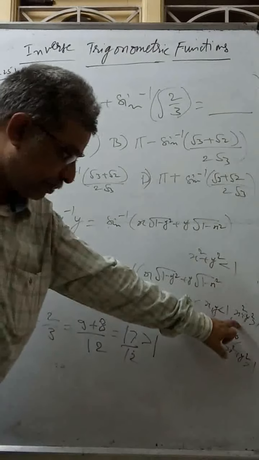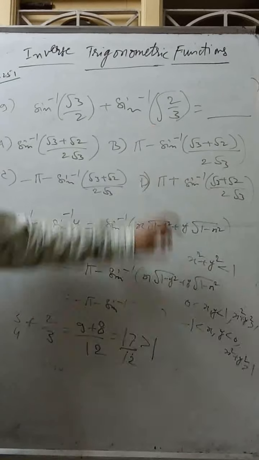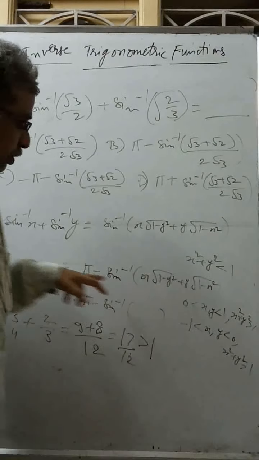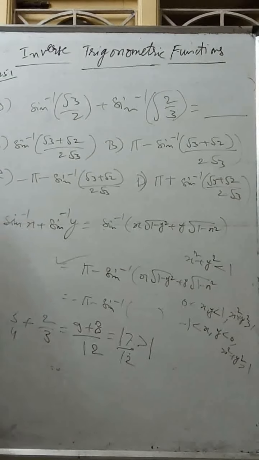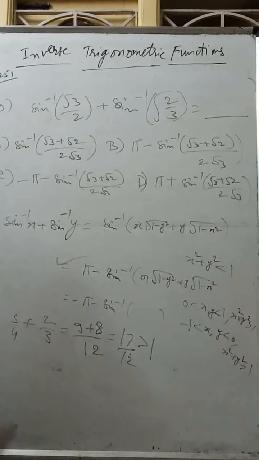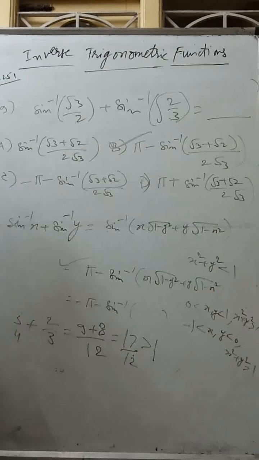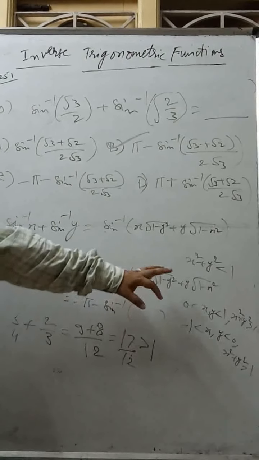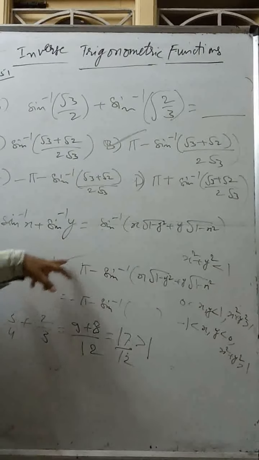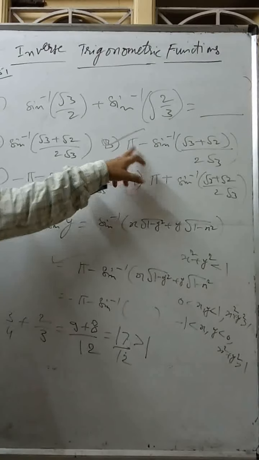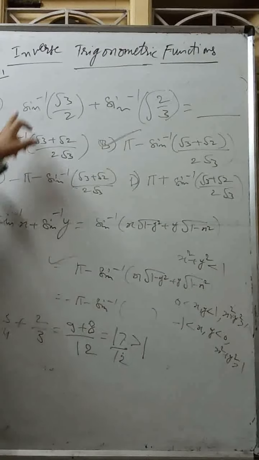So more than 1 means it can be out of these two. But x, y lie between 0 and 1. These two are more than 0 only, not negatives. So it should be the second formula, pi minus sin inverse of x into root of 1 minus y square plus y into root of 1 minus x square. So pi minus is our option B. If you use the formula, you will get this. Instead of doing everything, it is directly the formula. This is pi minus, so the only option is B. You can directly choose B or you can solve this, you will get that.